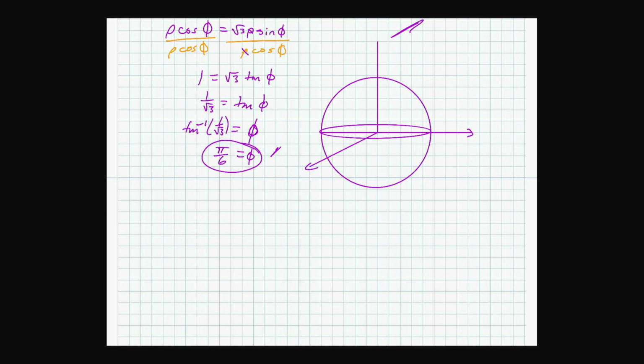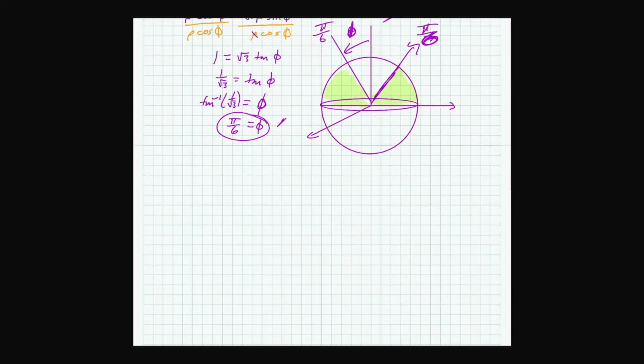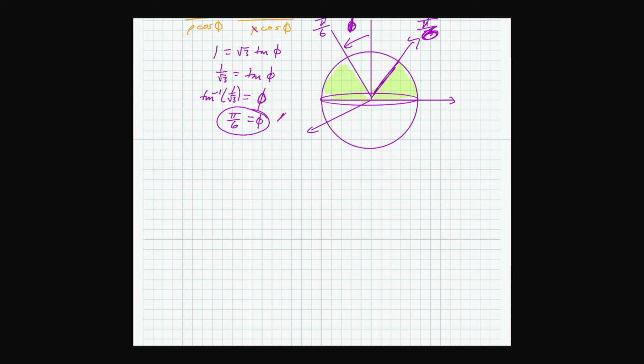Okay, so what's going on here is this. You've got this. This is pi over 6, right? That's where the cone is. And then we only want this section, right? Of course, we want it all the way around, but we want this section. So when you're setting up this integral, it's very similar to the one that we've already set up. Rho still needs to go from here to here. We're still integrating rho from 0, in this case, to 2. Okay? But your phi is going to be different,